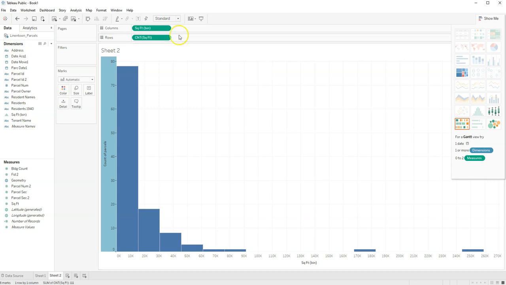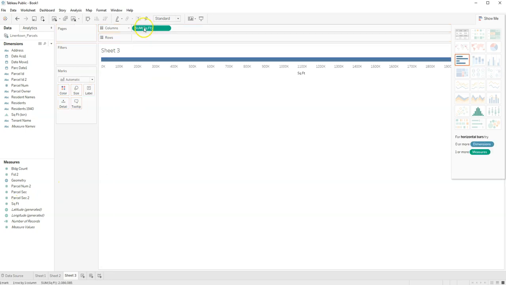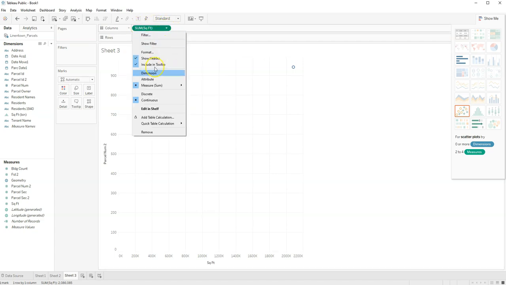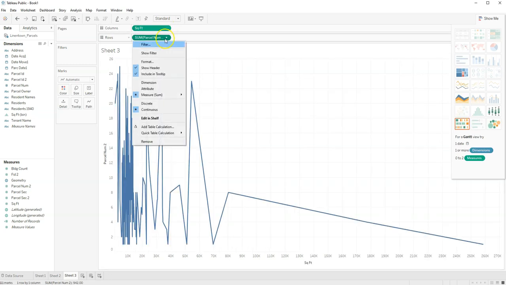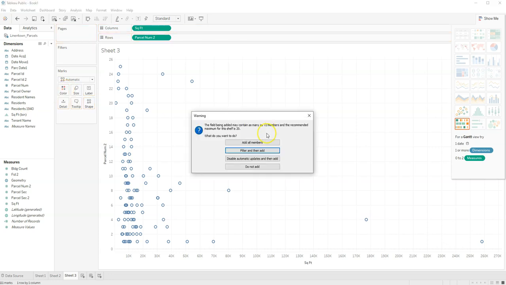There's lots of different ways you can do this. If I wanted to match square footage, this is not going to make any sense, but square footage versus parcel numbers, right? Doesn't really make sense. Again, it does this automatic sum that you saw in the first video. If I change both of these to dimensions, what I'm going to end up with is this scatter plot. And then you could begin to color the scatter plot by residence name. So if I take residence and put it in here,